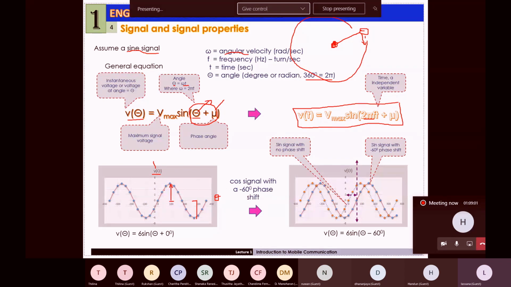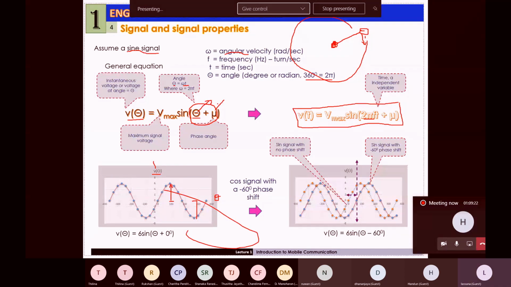But so far I didn't tell anything about this phase angle. Let's try to understand what this phase angle means as well. I hope other than this phase angle, you are quite okay to see this signal, understand what this signal means, and at the same time